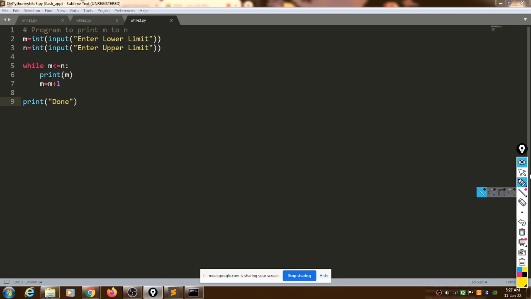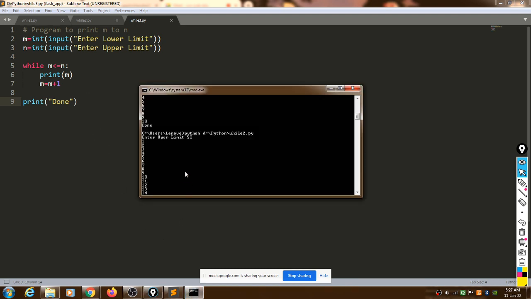Look here, we will execute this one. What is the name of the script here? It is while3.py. When we execute this one, it will ask for the lower limit. Suppose we enter the lower limit as 5.